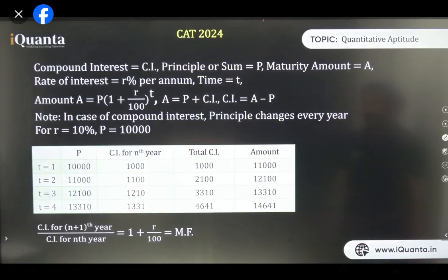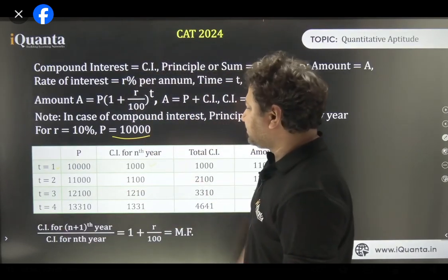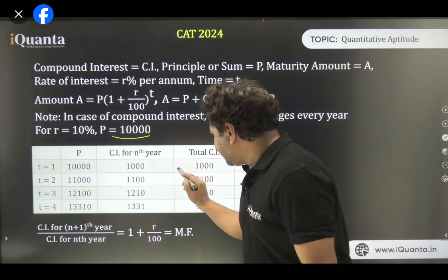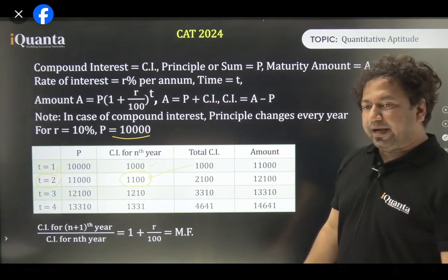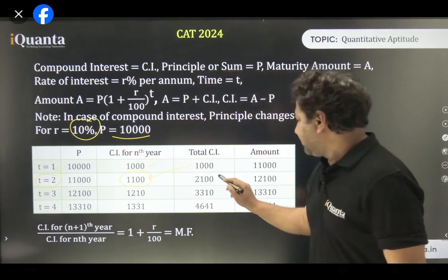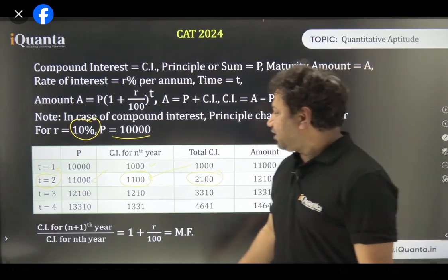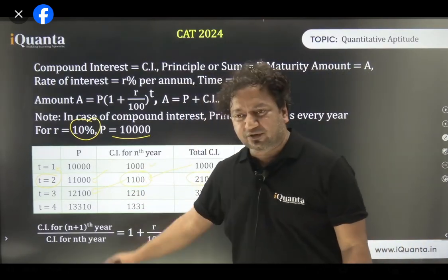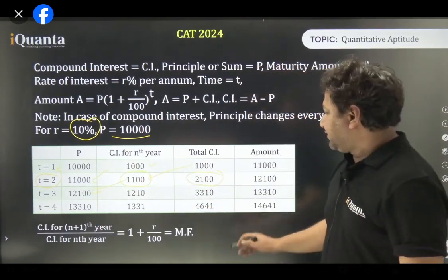All right. Now, here we have a formula, an example as well. So we have fixed the principal amount to be 10,000. For the first year, the CI becomes 1,000. Okay? And as I said, we need interest on interest as well. For the second year, this interest will get added up and the new principal will become 11,000 for the second year. Right? And on 11,000, again, if I calculate 10%, I'll get total CI as 2,100 on the 10,000. Okay? So we'll keep on adding the compound interest for this year to the principal of the next year. And we keep on getting new principals every year. So basically, the principal for any year is the sum of principal and interest for the previous year. And that is how we get the amounts.